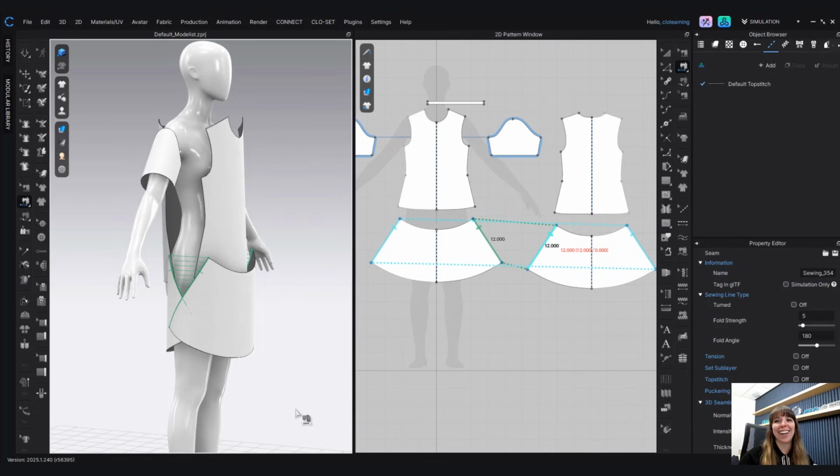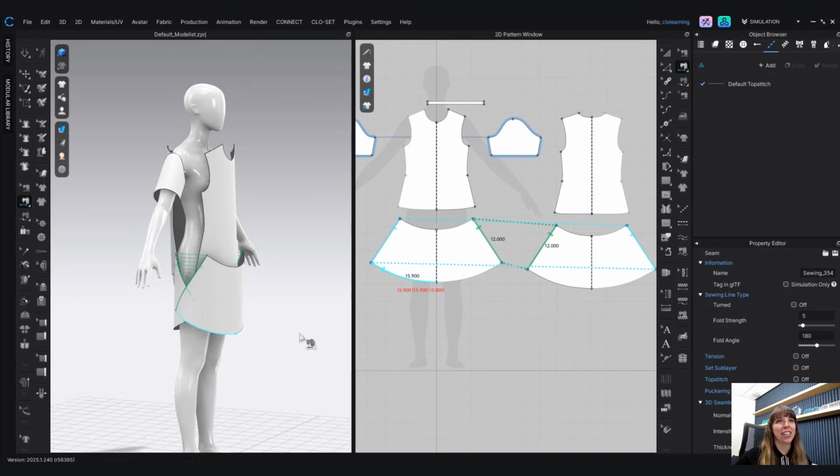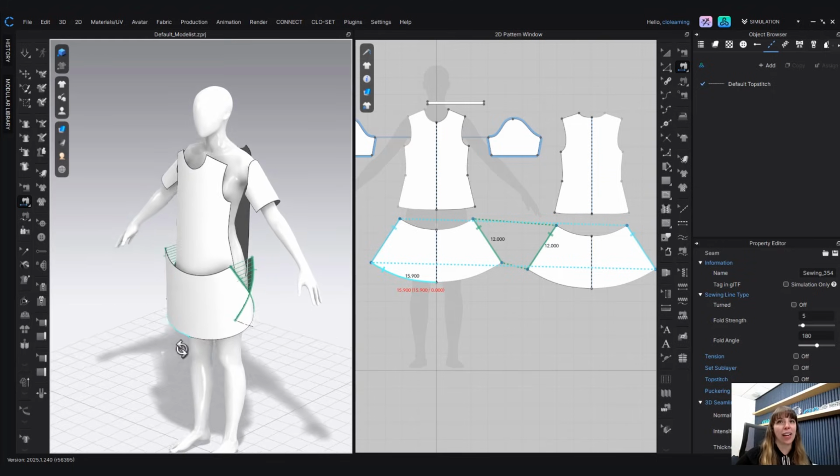And the best part, because we have symmetry, it does it to both sides of the skirt panel. So we only have to do it once. I really, really love that. It's really one of my personal favorite things in CLO. Symmetry is absolutely great. So let's take a look and see what other things we can use to sew together